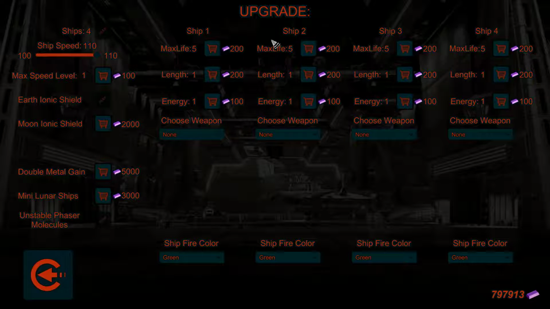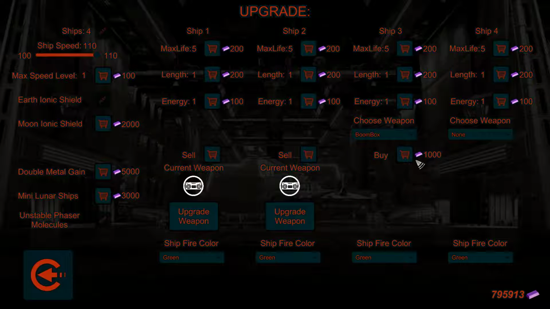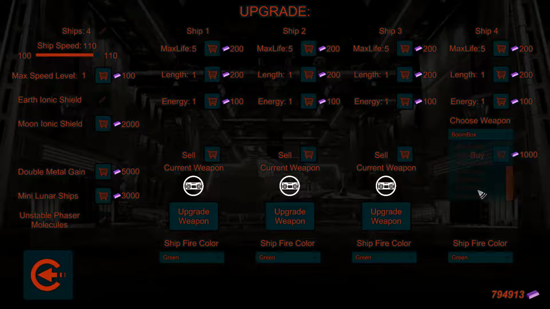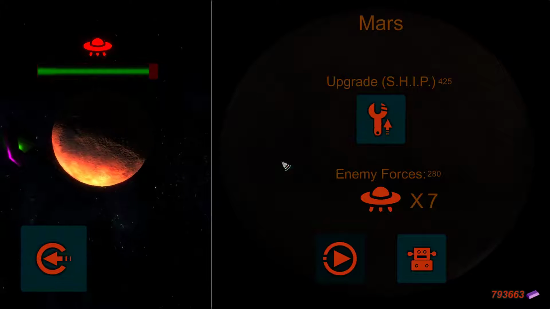So this one I already upgraded somewhat. I guess we can just continue to do whatever the heck. Guess we're doing boomboxes this time. Oh, this is already on apparently. I bought that. I don't remember buying that for this one, but... And this one has ship speed. Try that. I think this is working with the keyboard controls. It's the only thing that...